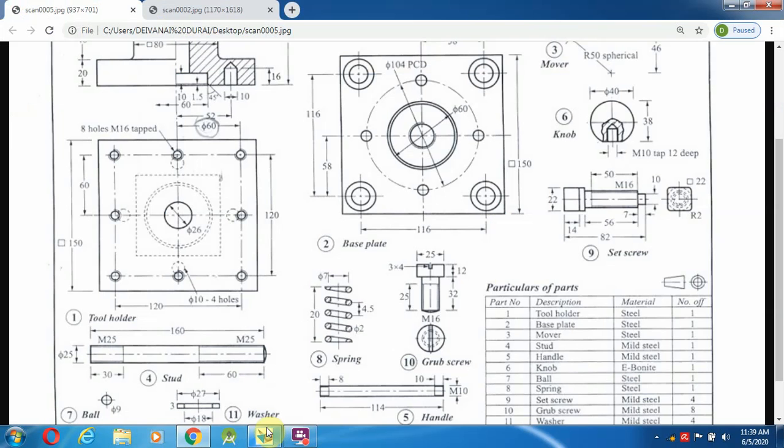So here, what is the one more thing? The small partial section they made over here. That is the M10 tap, 12 mm deep. Okay.